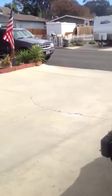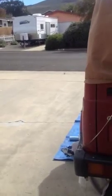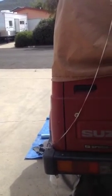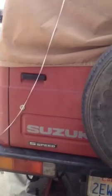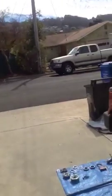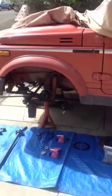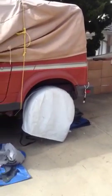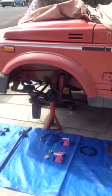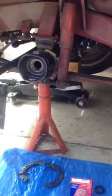Okay, today I'm going to go through the removal and installation of the oil seal on the front axle of the Suzuki Samurai 5-speed, 1987. This is a JX Samurai. I've got it lifted up here and I just moved it and lowered the other side so that the gear